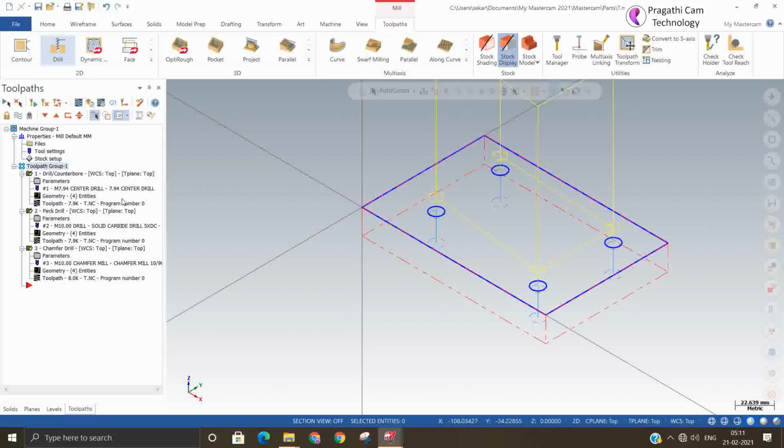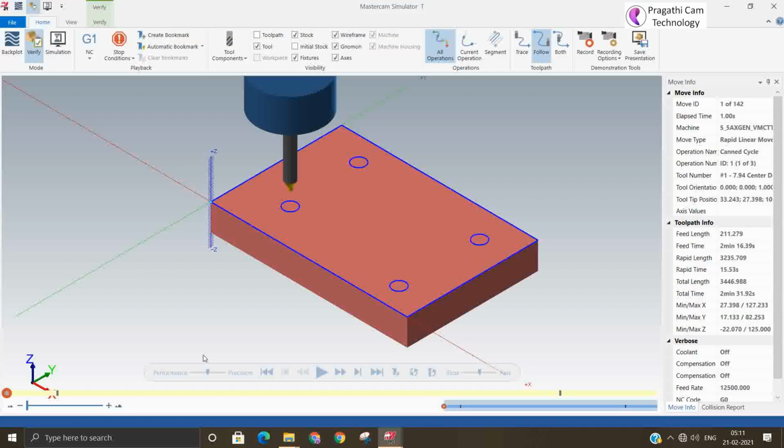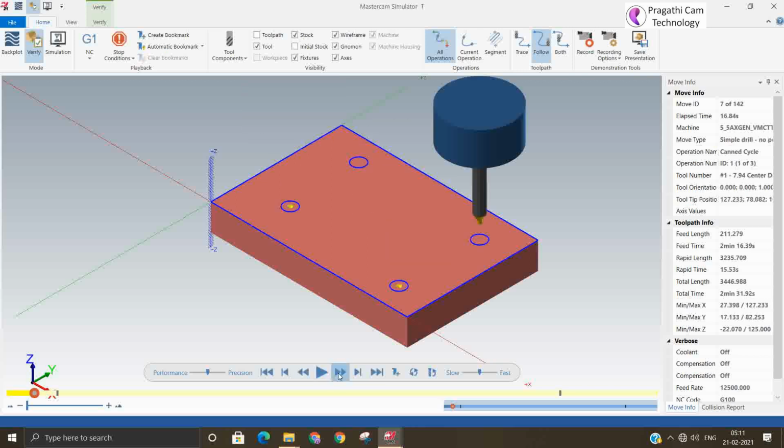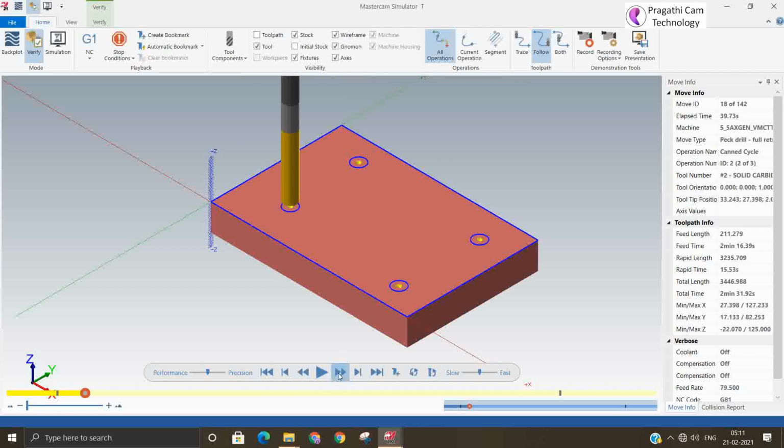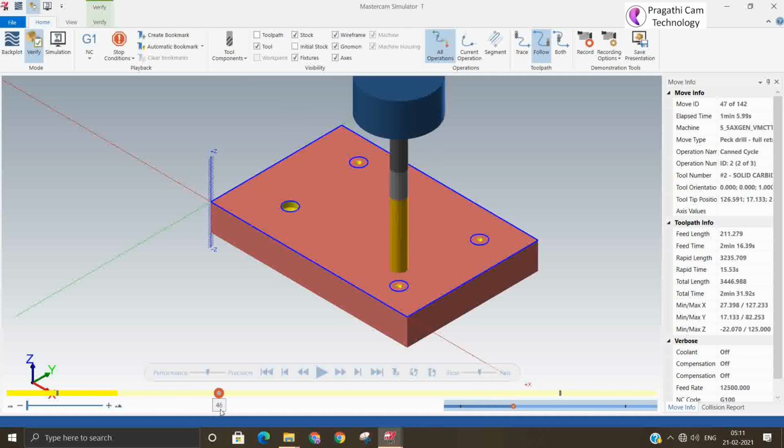So we'll select only one operation. This is the center drill, and this is the drilling. I'll just move fast forward.